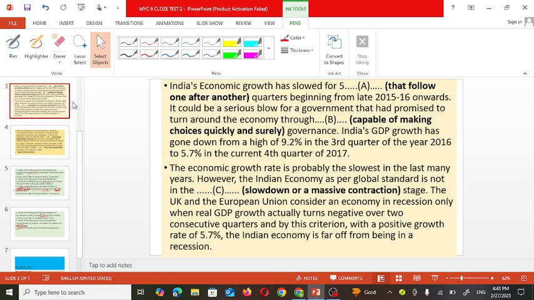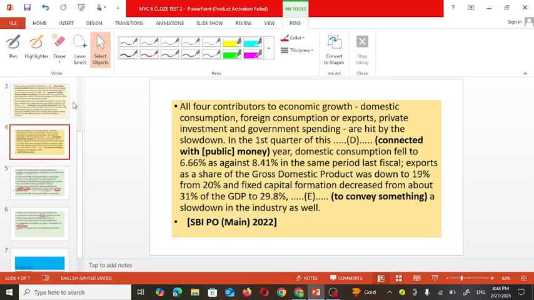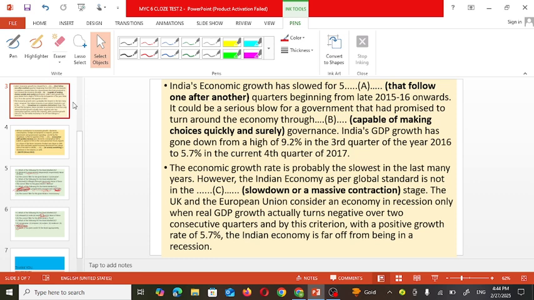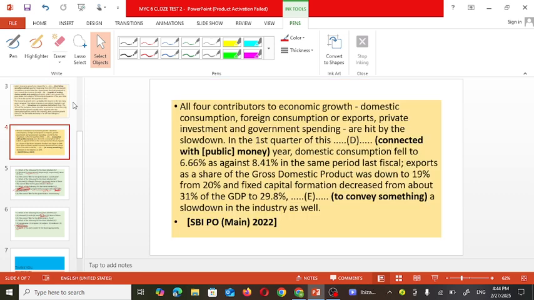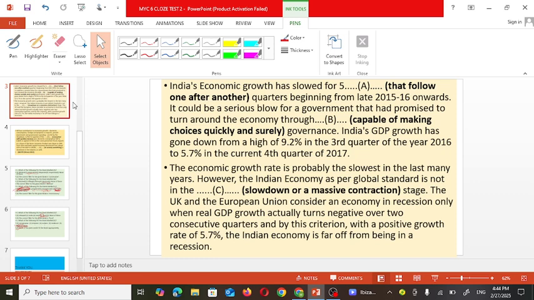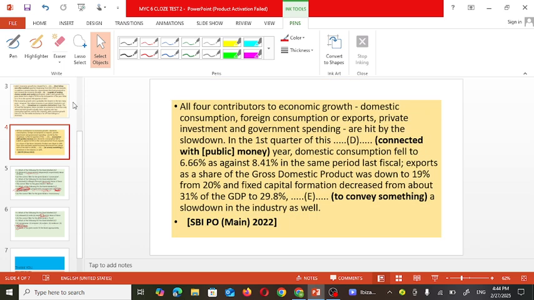So friends, now you have observed that only for 5 filling the blanks they have given such a big paragraph, and to understand a suitable word which can fit over there you require to understand the meaning of this paragraph. For that purpose, whenever you are going to solve such a problem or such question, you require to read the complete paragraph, try to get the core concept or the idea of the given paragraph, and then you are able to fill the correct word in this filling the blank.